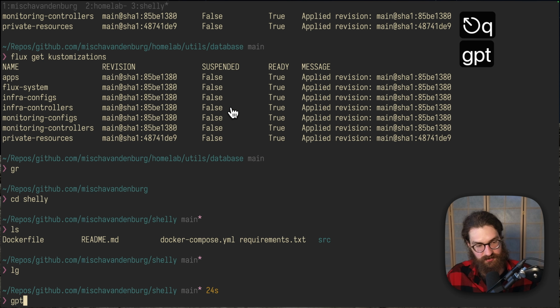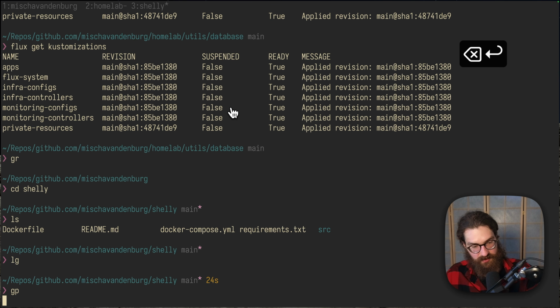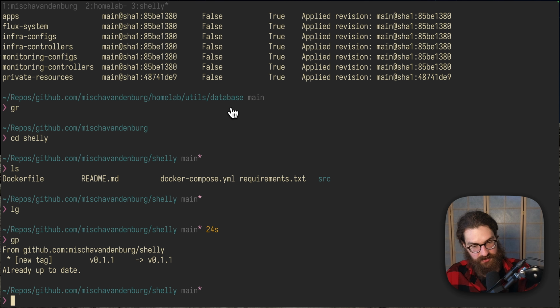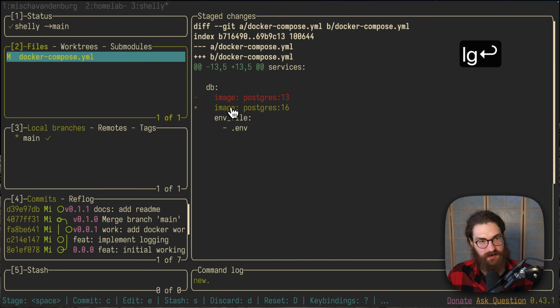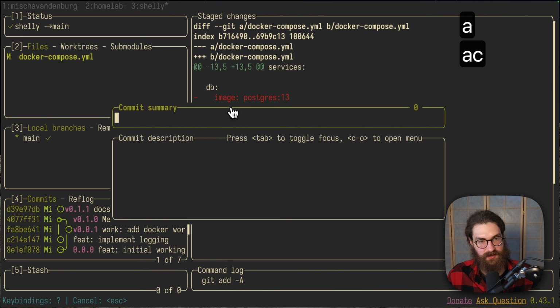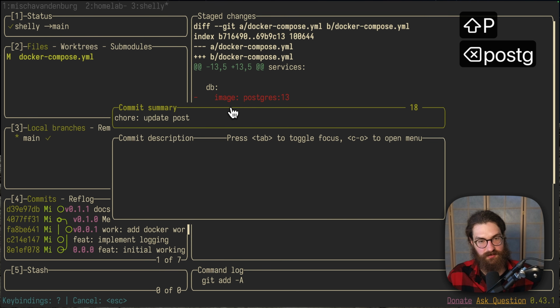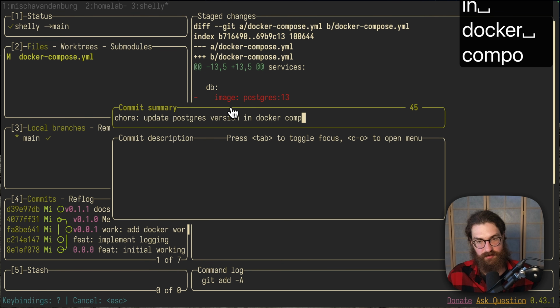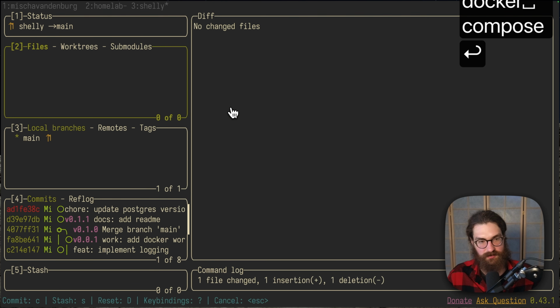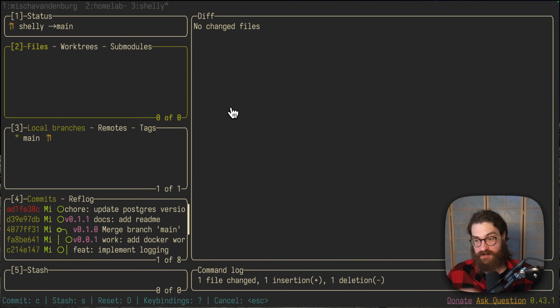So let's first do a git pull. And then my YubiKey is prompting me to see if I'm actually allowed to do that. And yes, I am. So then let's commit this and say chore: update Postgres version in Docker Compose. So now I have a chore commit, and since it's not a feat commit, now the GitHub Actions should only